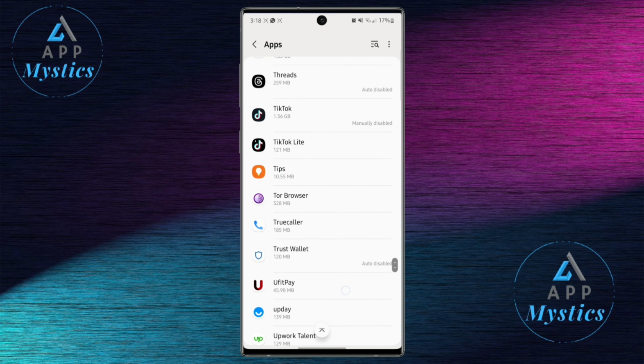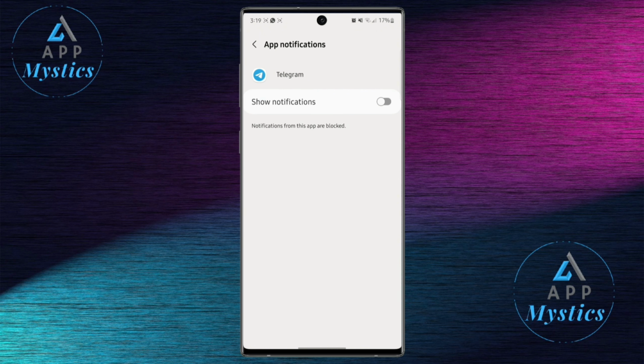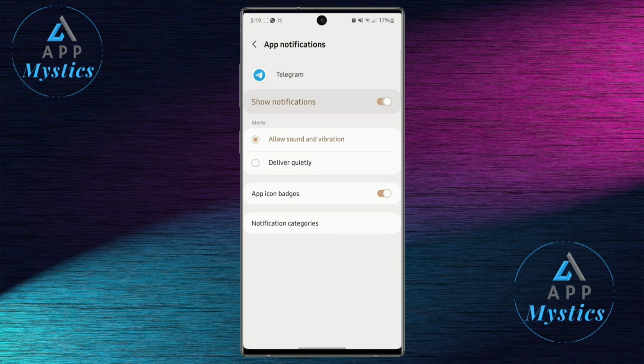you navigate your way to Telegram, you click the notifications right here. You check if show notifications is off or on. So you can see show notifications is toggled off. What we're going to do is toggle it back on, and it will show you all this other settings you